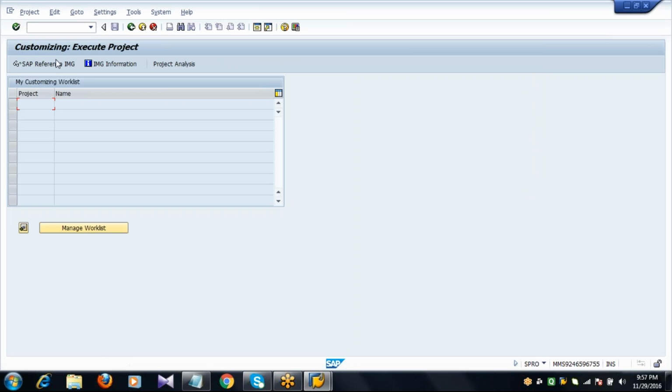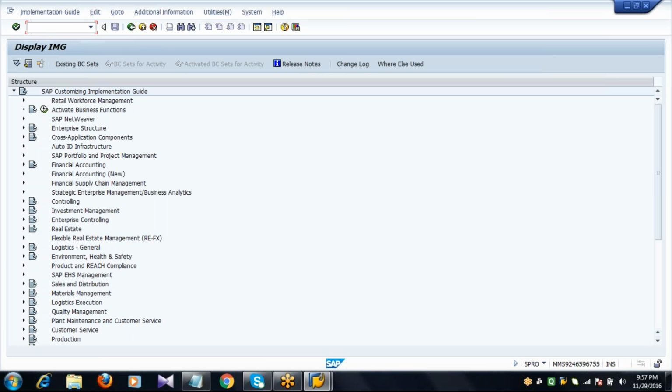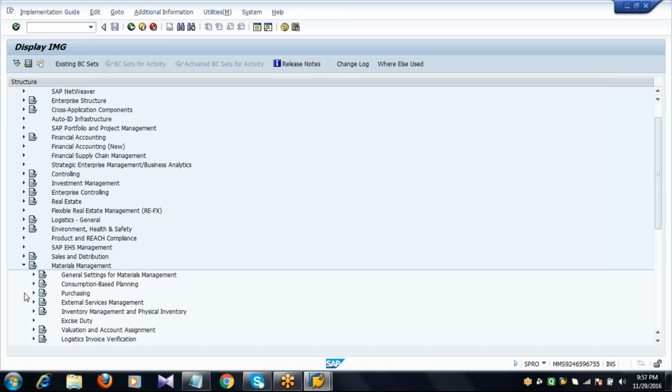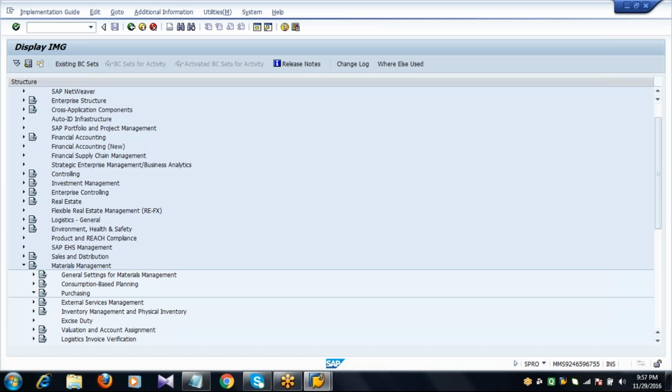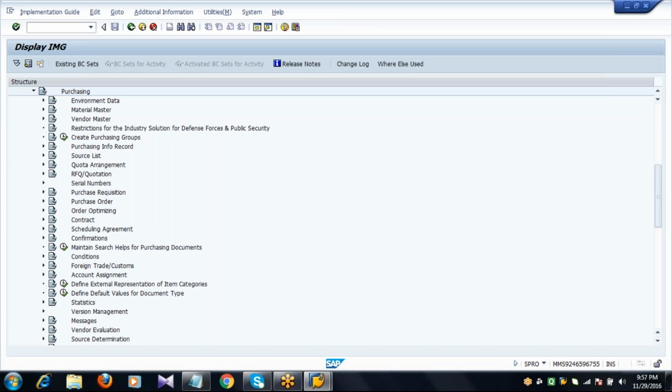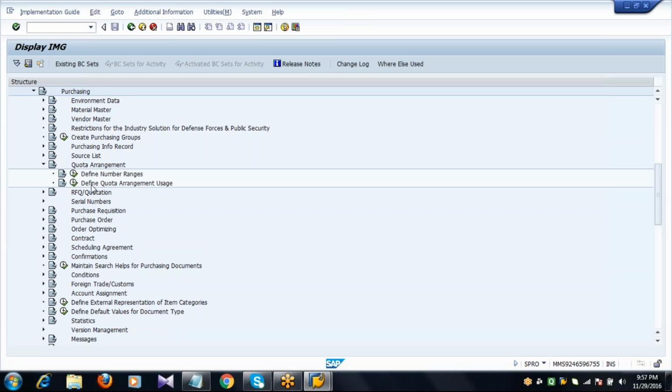SPRO, IMG, MM, purchasing, quota arrangement, define quota arrangement usage.